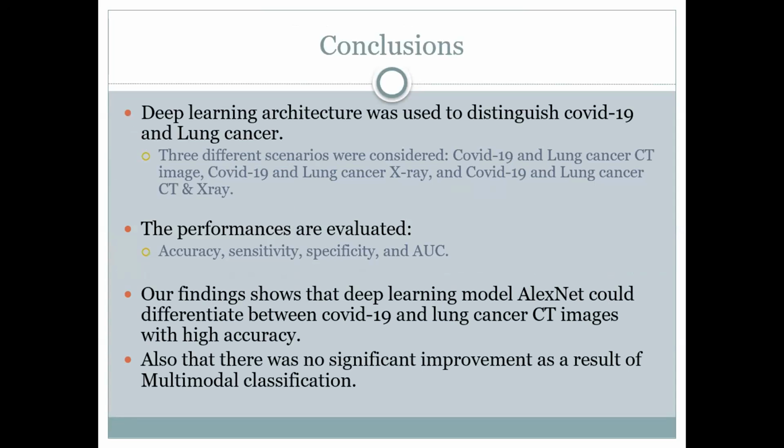So clearly, we were able to use a deep learning architecture to distinguish between COVID-19 and lung cancer, and we did that using 3 different scenarios: the multimodal classification, and also COVID-19 and lung cancer CT scans, and also COVID-19 and lung cancer X-ray scans. And then we were able to evaluate the performance of the classification using the accuracy, the sensitivity, and the specificity, including the AUC value. And in our findings, we discovered that AlexNet was able to distinguish between COVID-19 and lung cancer, and